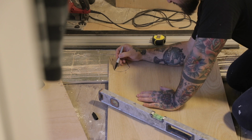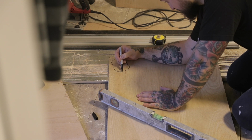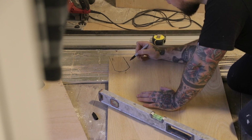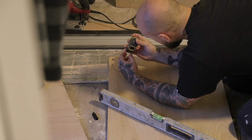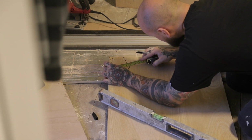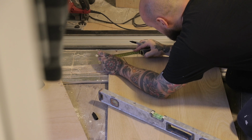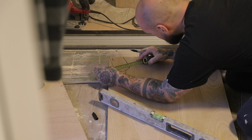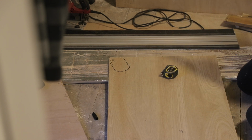We're looking at something like that. Now it's not the most accurate, but like I said before, it's obviously going to get caulked anyway, so it's not too much of an issue. So I'm just using a multi-tool to cut this out. Just makes things a little bit easier,